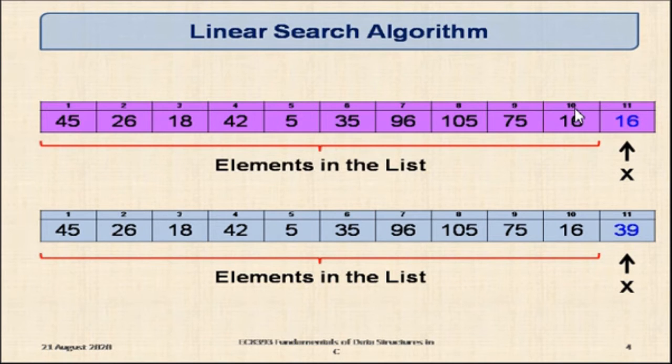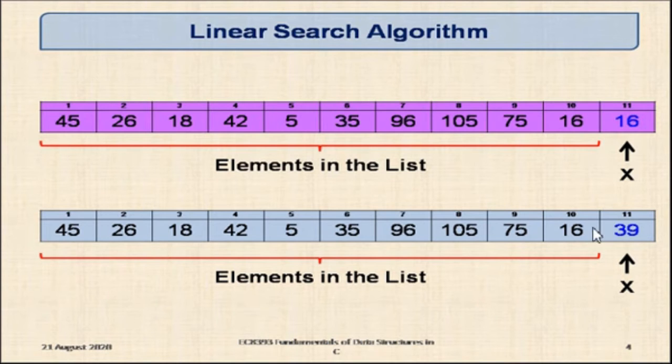So in the first two examples, we have taken the value of x in such a way that the item is available in the list. In the last example, let us take one item that is 39, which is not at all available in the list. So now you see what will happen. Again, the same process. It will compare this value x, that is 39, with the list of elements one by one. So no match is found until the end of the list.